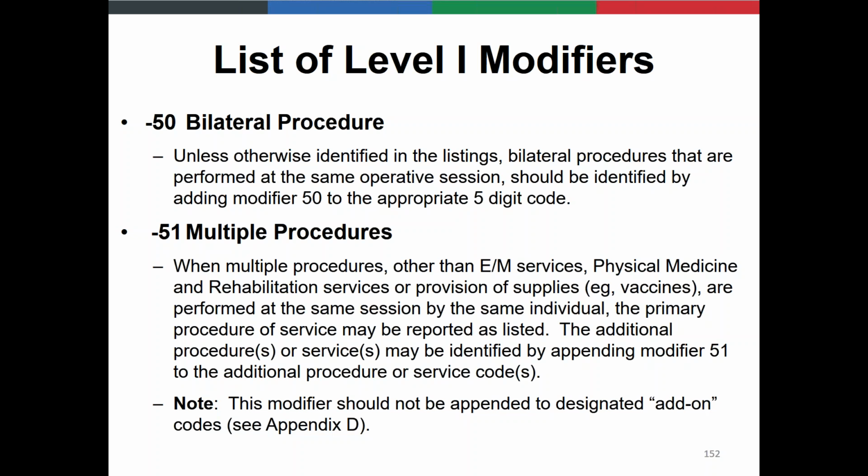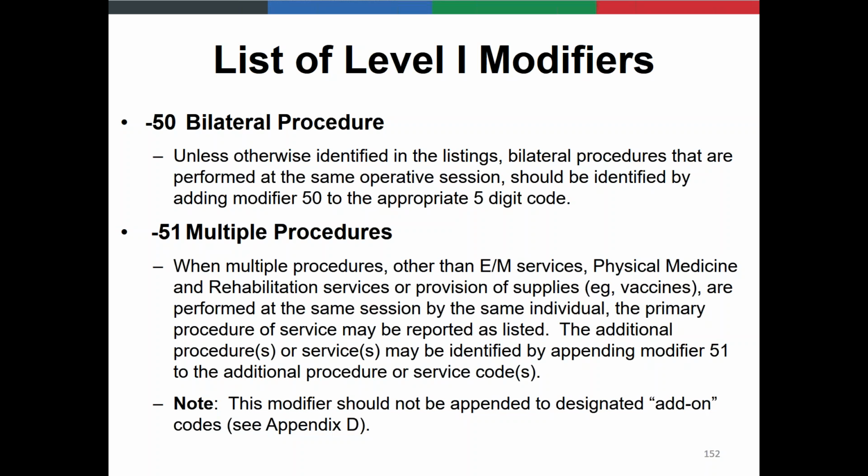Multiple procedures are performed in the same session by the same individual. The primary procedure can be reported as listed, and then additional procedures can be identified by appending modifier 51 to the additional procedure. What does that mean? It could be, for example, a patient with multiple contusions, and you're going to stitch up a contusion on their forearm, and then a contusion on their left shoulder, and then